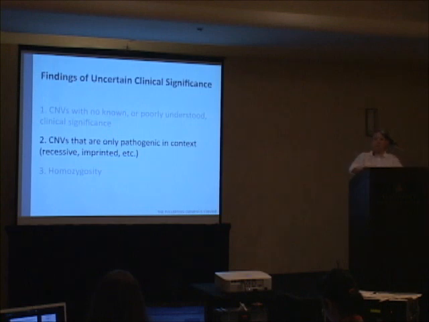Okay, so I'm leaving CNVs for a little bit, and I'm going to talk about the other two categories of uncertainty. Really briefly, CNVs that are only pathogenic in context. So a CNV over a recessive gene, if your patient has a phenotype consistent with that recessive disorder, it's possible that this is in fact one of the two mutations that that patient has, but you need more studies. It's still uncertain until you've found the other hit, or it's an imprinted gene and you need to understand whether it was paternally or maternally inherited.